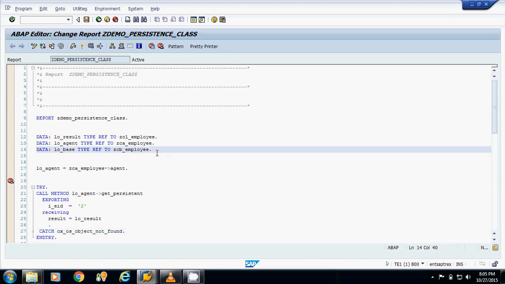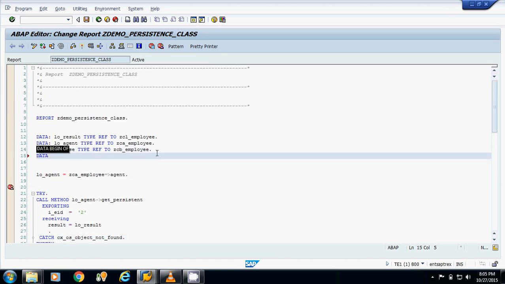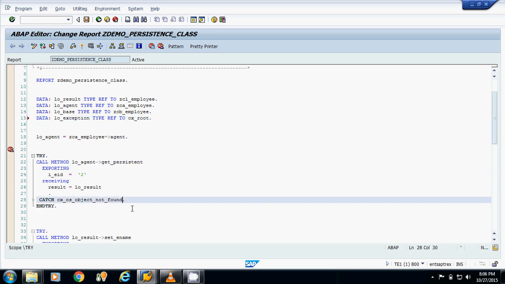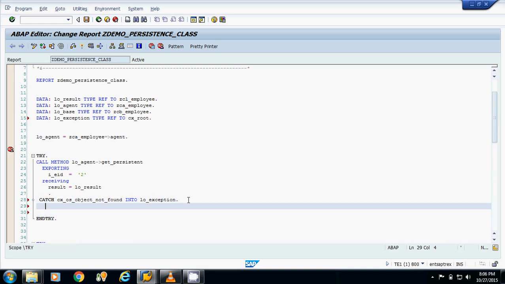So I will declare one object of this super class. Suppose the name of the object is LO_exception, type ref to CX_ROOT. Now whenever this exception is raised, I will catch it into the global class object. Now I have handled the exception.